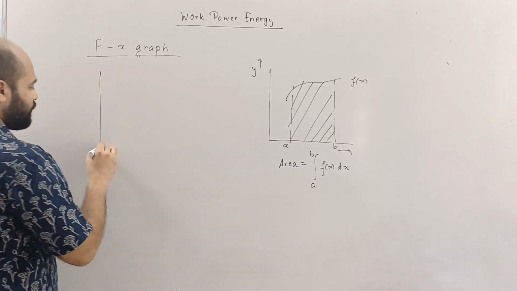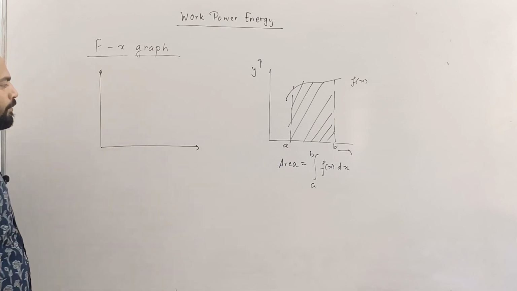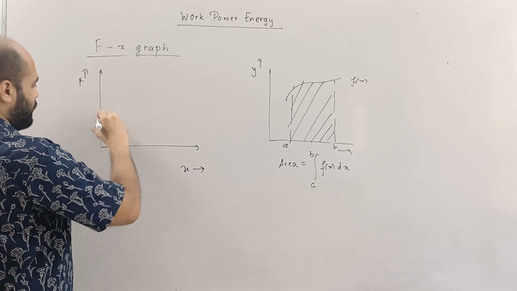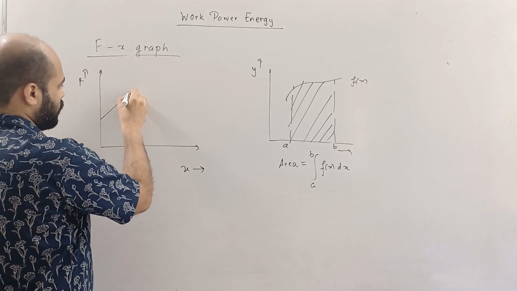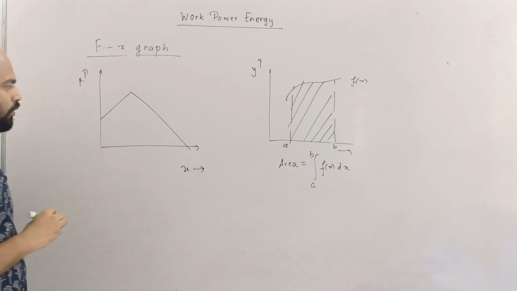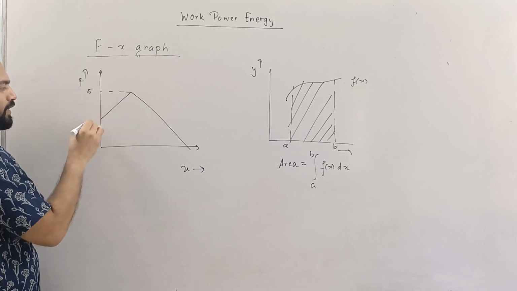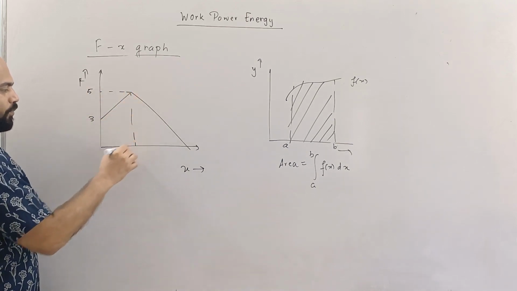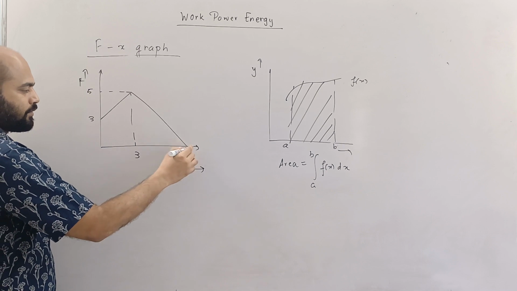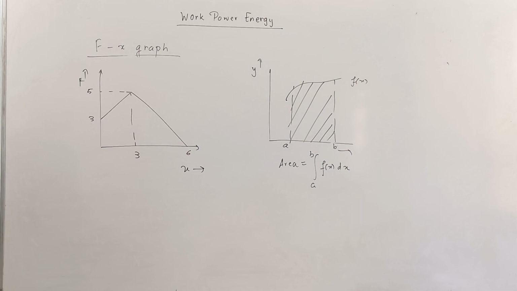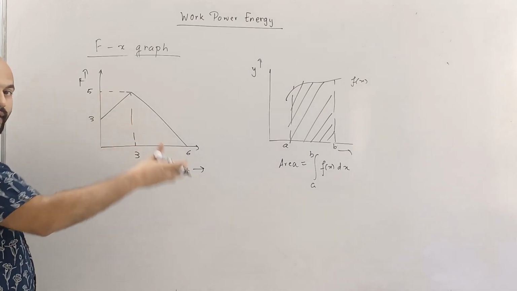Let us say that we have got a graph like this, wherein we have got this kind of a curve, and these are some points given to you. Let us say this is 5, this is 3, this point is 3, this point is 6, and now we have to find the work done. We won't be bothered about what kind of function this is, because this is a straight line and easily we can decode the area, because this is the area of the trapezium, this is the area of the triangle.